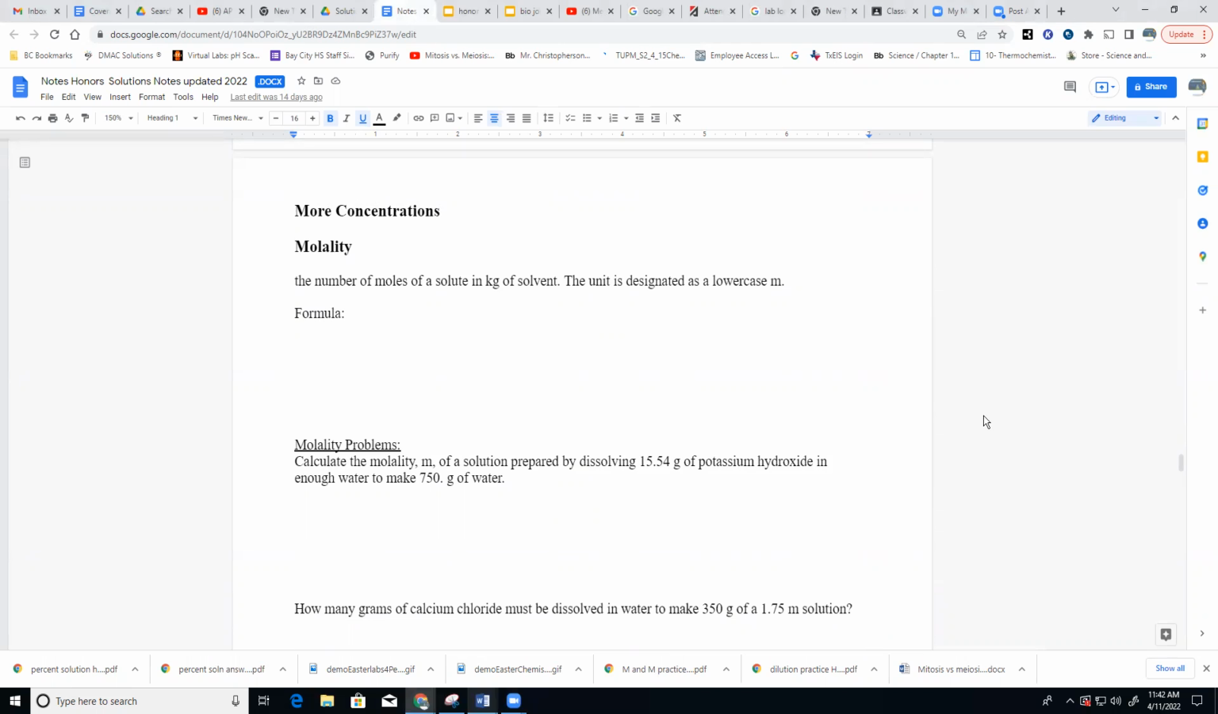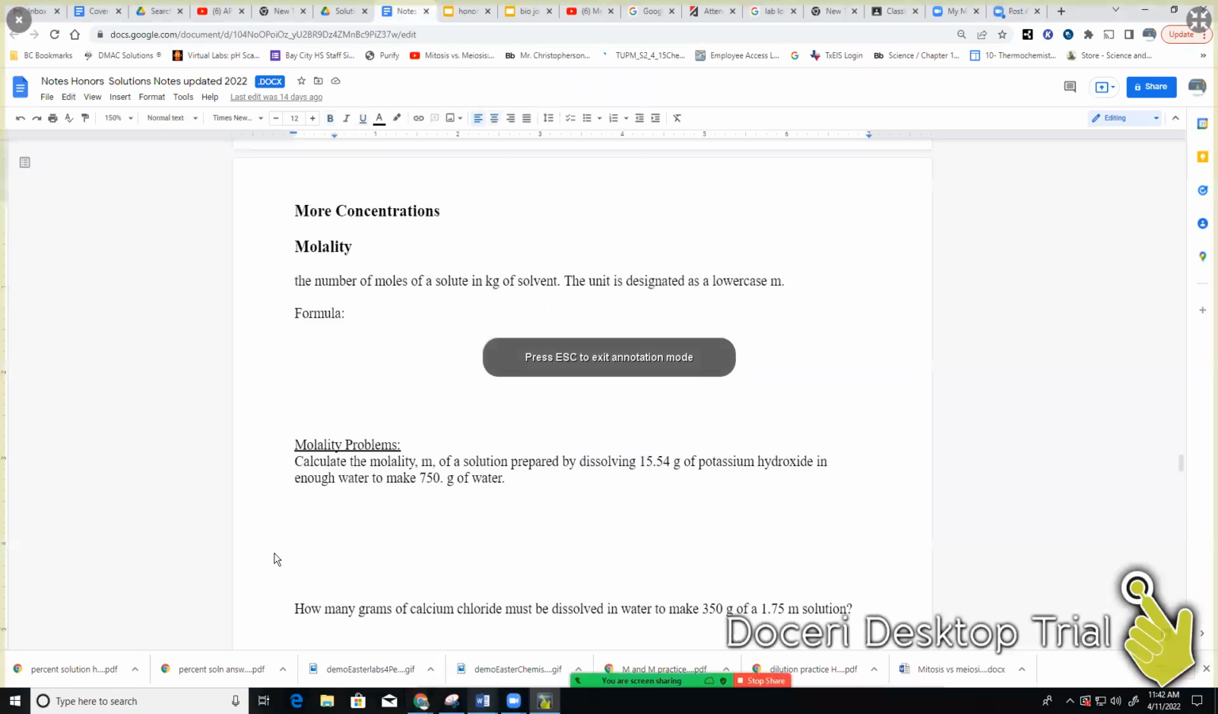So molality compared to molarity: molality is the number of moles of a solute in kilograms of solvent. The other one was liters of solution. Sometimes when you separate out the solvent, it makes it a little bit more difficult. Not really on these so much, but on the ones we are doing tomorrow, it does make it a little bit more difficult. And the unit is a little m instead of a big M. So little m is equal to moles